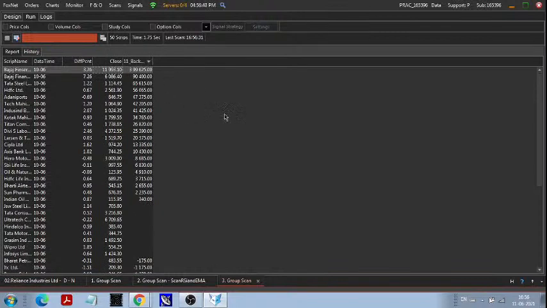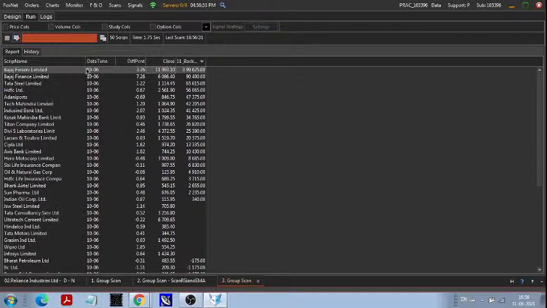So this is the list. It is showing me the maximum profit and maximum loss in each share in that given period of time for this group. So this is how you can do backtesting on the graph and on the group, and you can see the result.